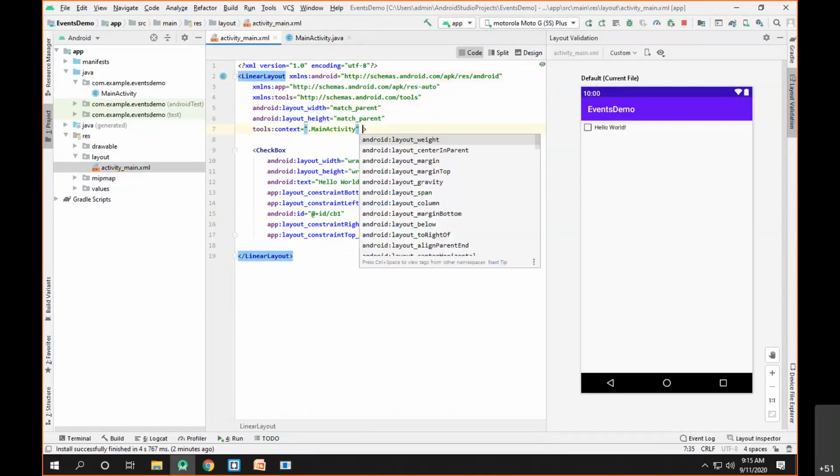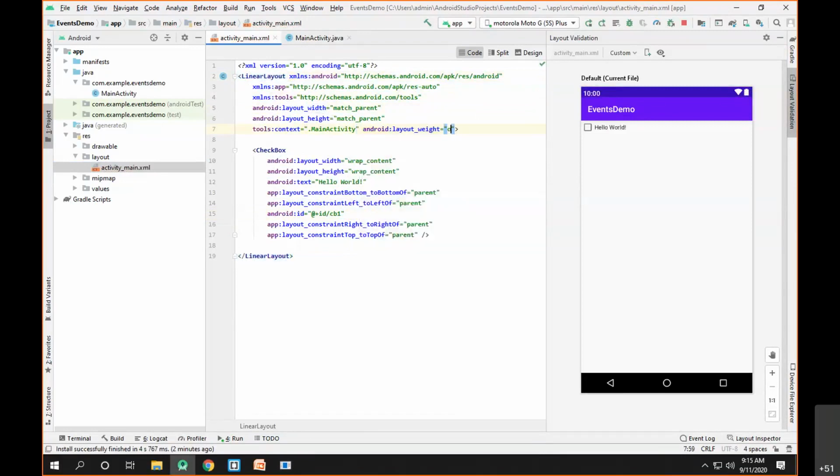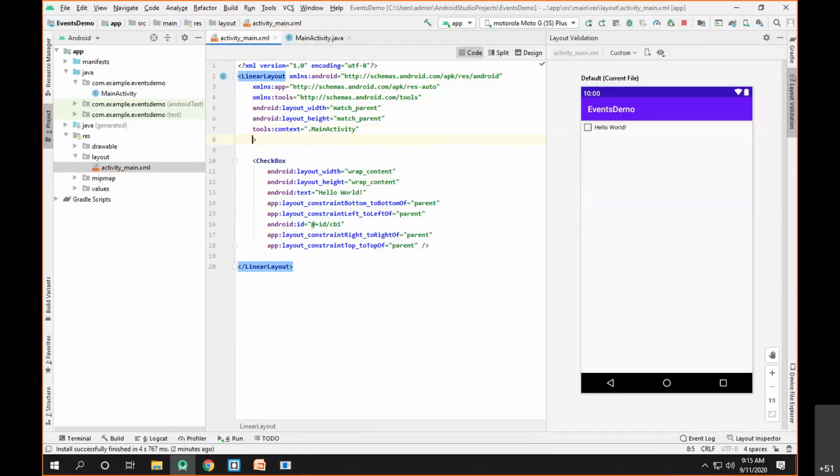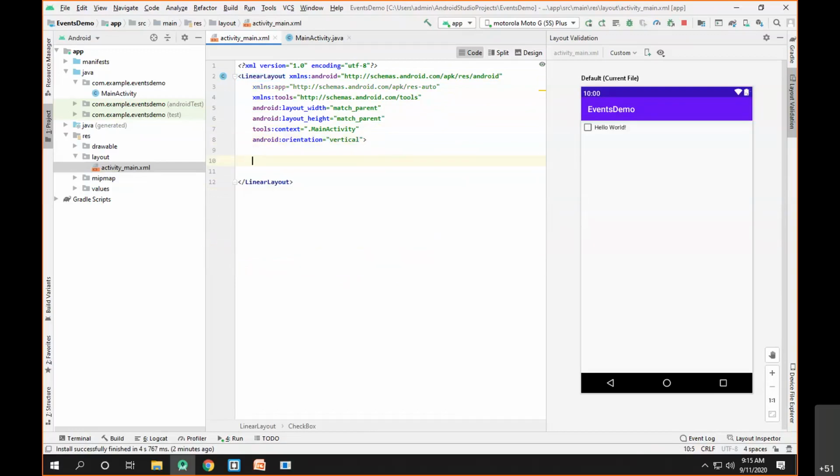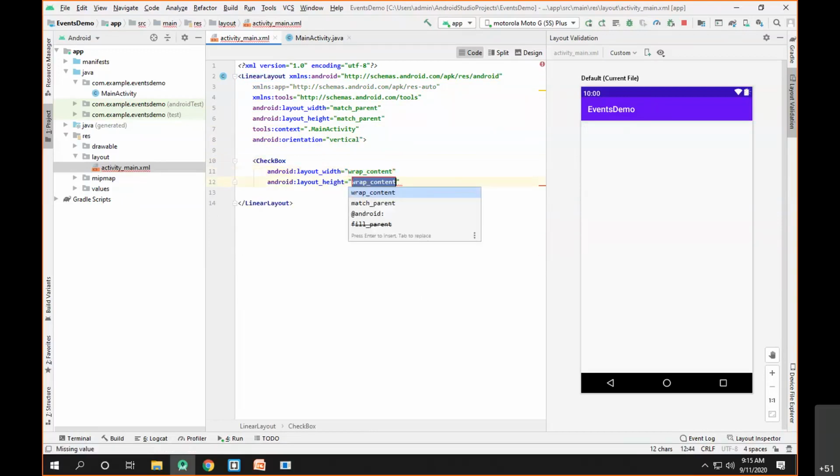and the orientation, the orientation vertical. Okay. Now let's say checkbox, and every checkbox will have wrap content and wrap content. Now the first checkbox,